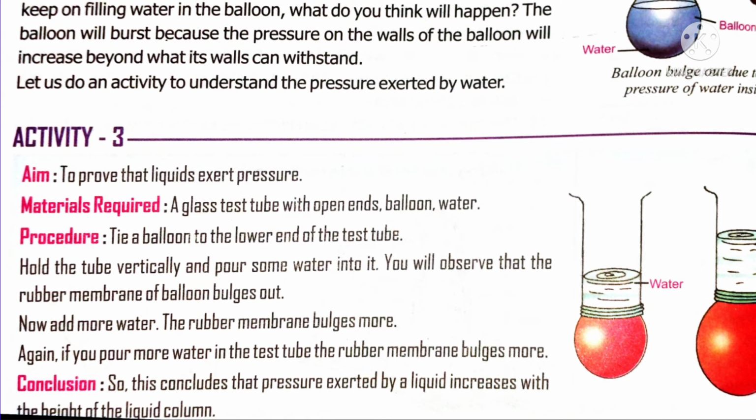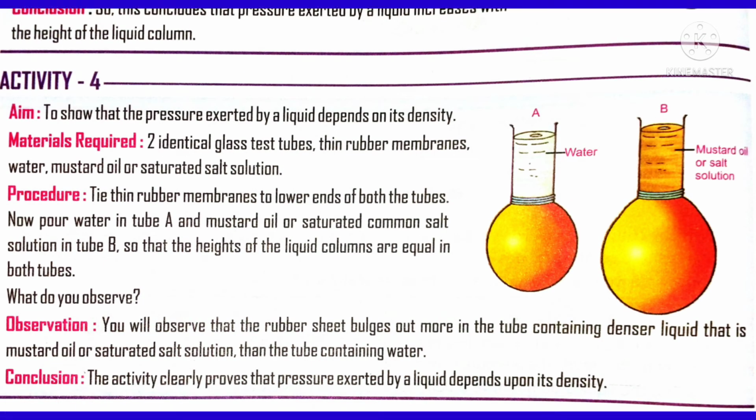Now let's move on to activity 4, which is to show that the pressure exerted by a liquid depends on its density. Density depends upon mass per unit volume. What is mass? You know, the number of particles per unit area. You take water and mustard oil. You tell me which will be thicker, which will have more density. Definitely it is mustard oil, whereas water has less density